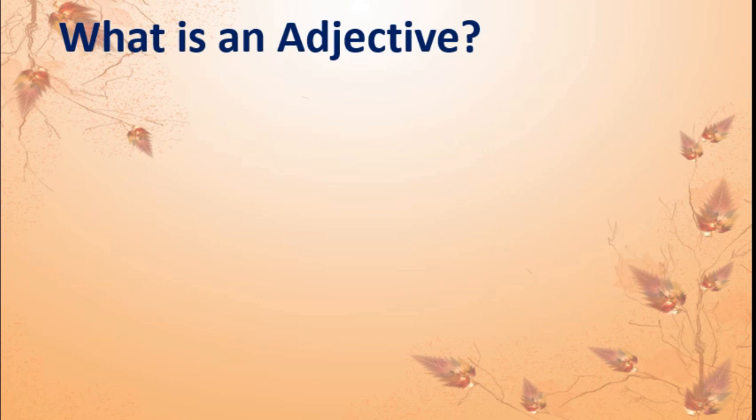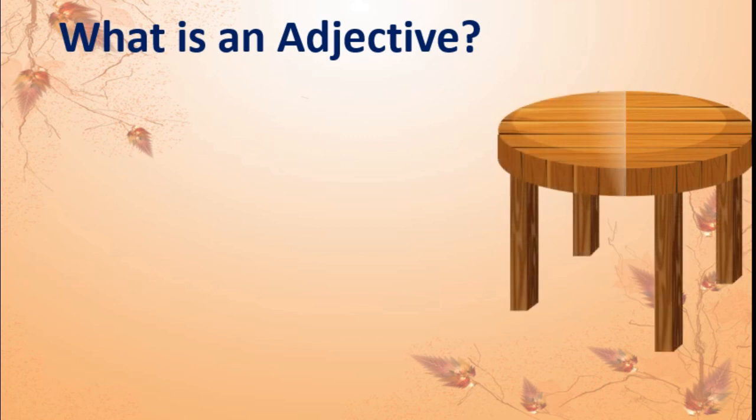What is an adjective? Students, we came to know about the adjectives. Means we can use a describing word for a noun in the case of age, shape, size, purpose, origin, material, feelings, etc. Isn't it? Okay, now we will take one object and we will study all these points one by one. Okay, then it will become clear for us. We will take one object. This is an object. You know, this is a table.